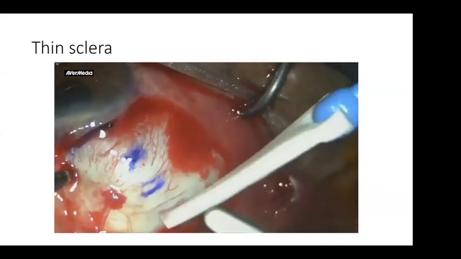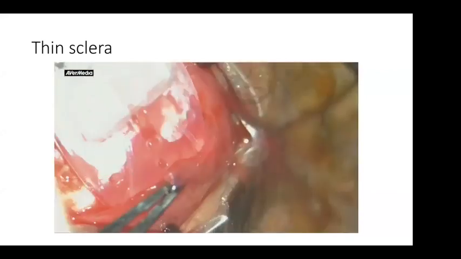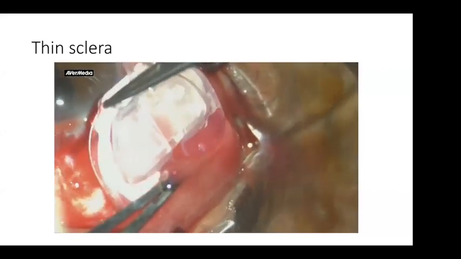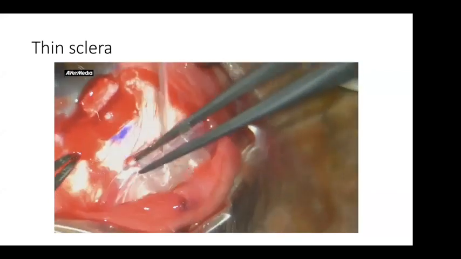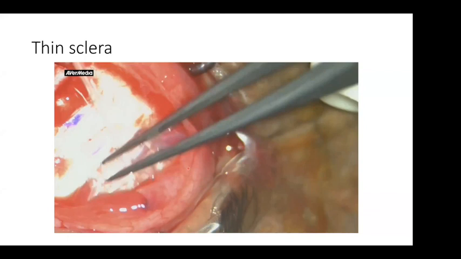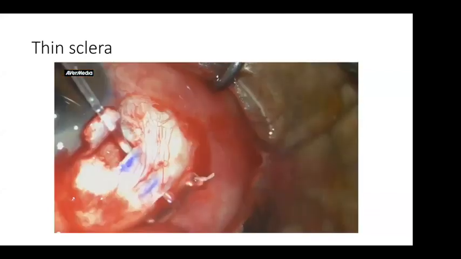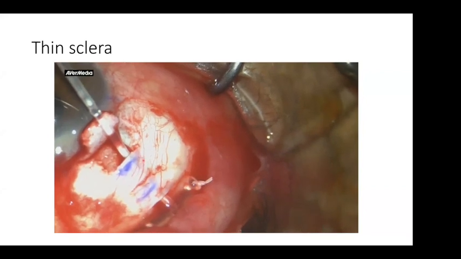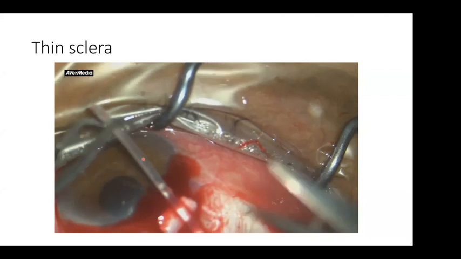And then I decided to do it like that. I put the implant slightly anterior, and I used the implant to support this area of the sclera. I thought, if this is a weak area, why not put the implant on this weak area? And it's okay. So I managed that, and definitely postoperatively, I made sure that the patient doesn't have anything